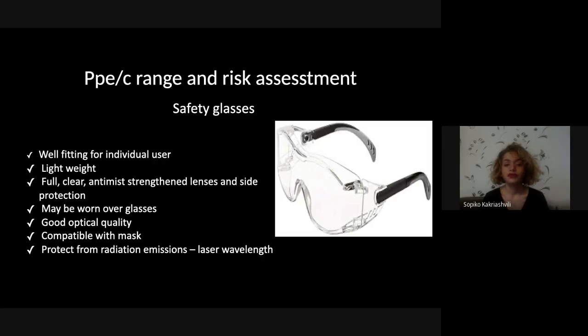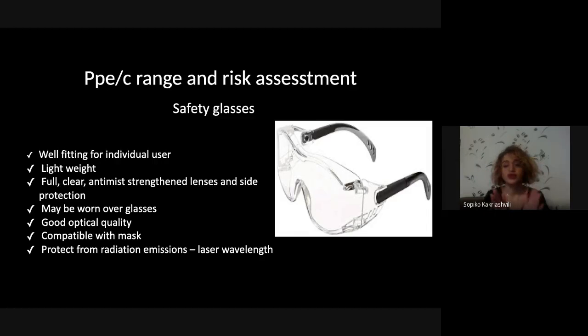And it should have full clear anti-mist strengthened lenses and side protection, because while you're working, not only the front but also the sides of your eyes can be damaged; maybe from the right or left side some droplets can enter.